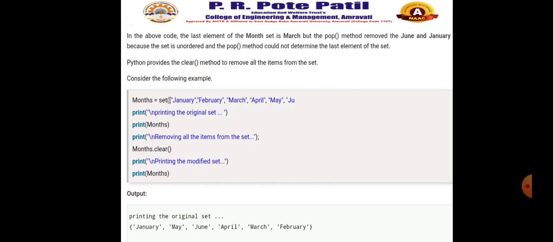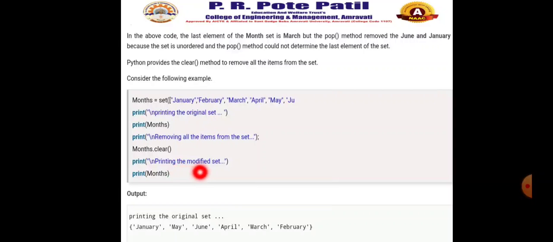The clear method removes all the items present in your set, with the help of clear. Then again let us consider one example. Months equal to set January, February, March, April, May, June. Print the original set: print months. Print removing all the items from the set. Months dot clear.